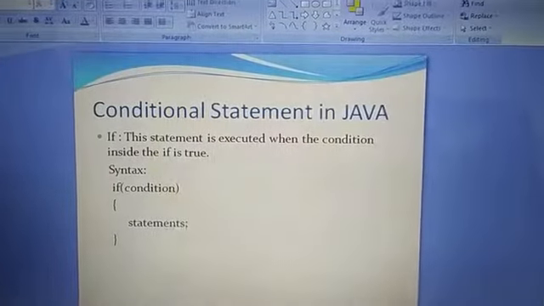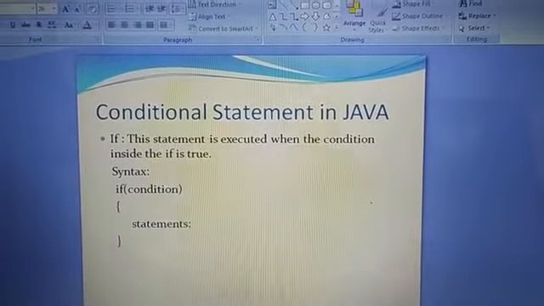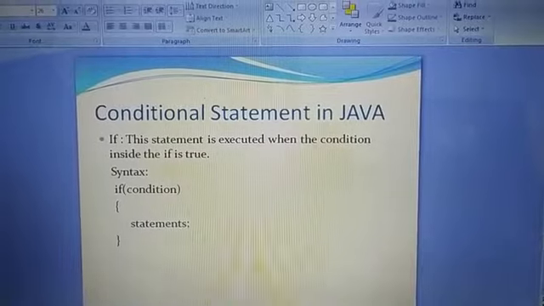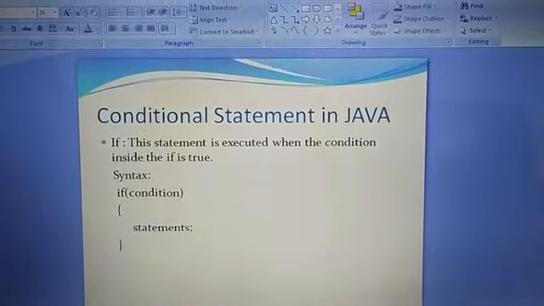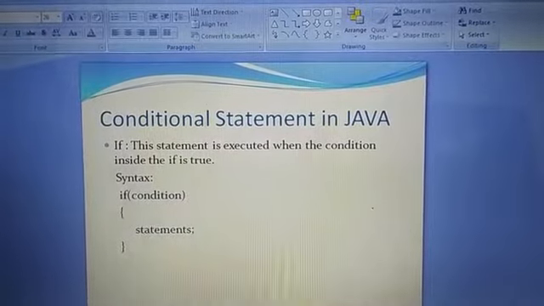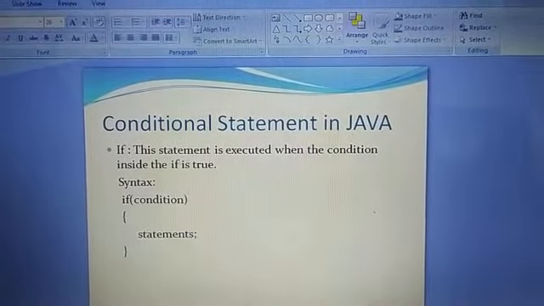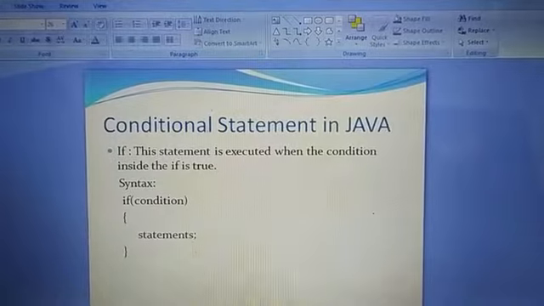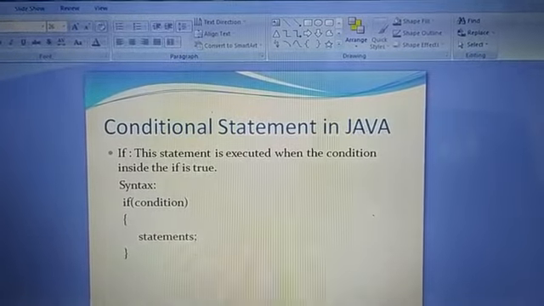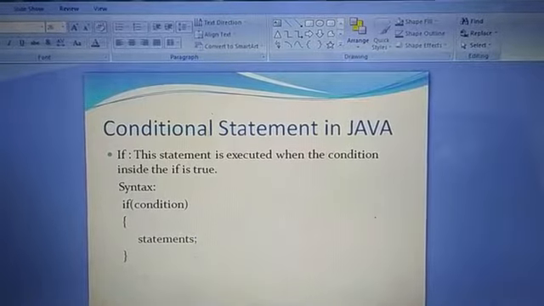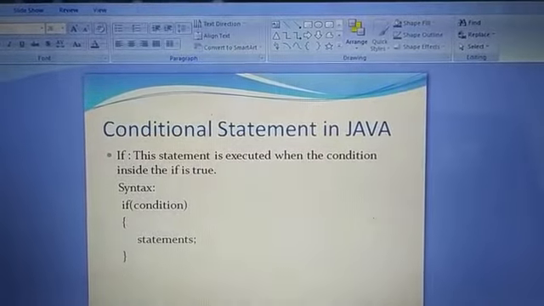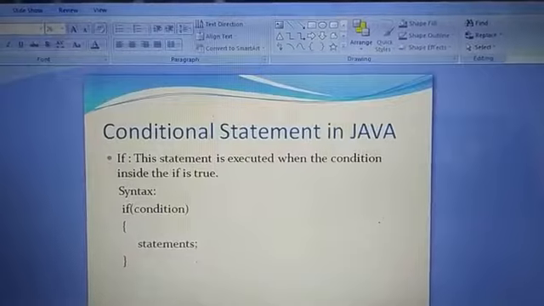Hello everyone. In class 8 computer, after half yearly we will start conditional statements. Conditional statements work on the condition. If the condition is true, then only that part is executed. If the condition is false, then that part is not going to be executed. Means here there is an option: either some part of the code will be executed or it will not be